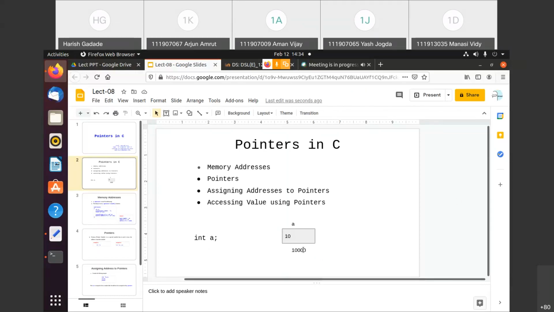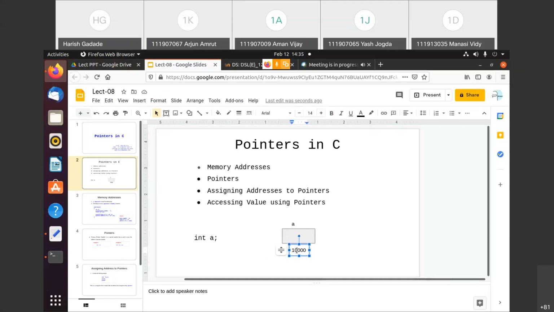Mainly, that address is most important. Here I assigned this 10, but actually this procedure happens in the memory, and when we say scanf %d and a, the ampersand indicates the address of a, and that address of a is this 10,000.